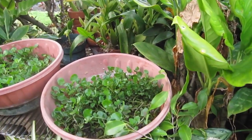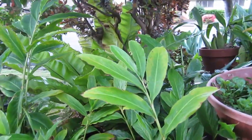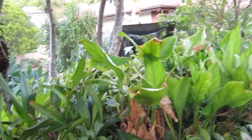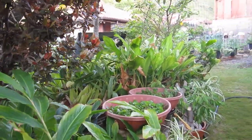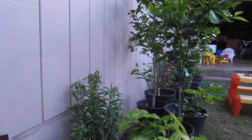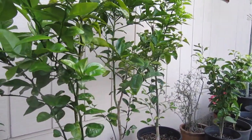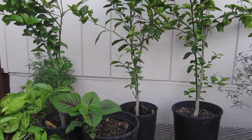very happy about his watercress, his ginger. Somewhere in here he also has turmeric. Some of these orchids, when they blossom, he takes them down to Les's office or his former office. Other plants, other fruit trees, such as the oranges that came from Taiwan, some amaranth,